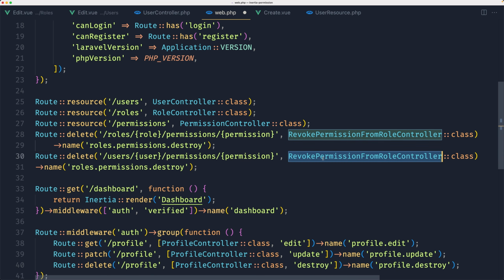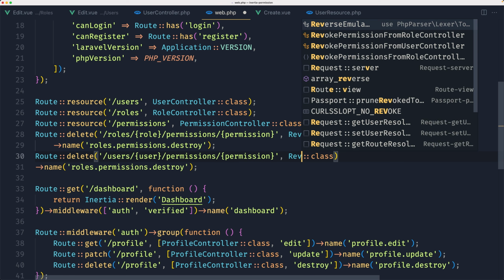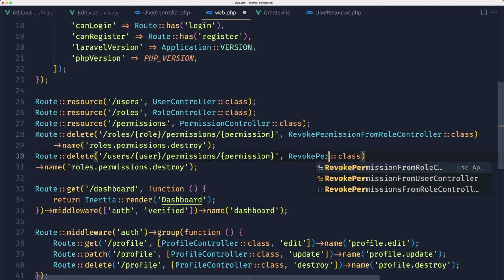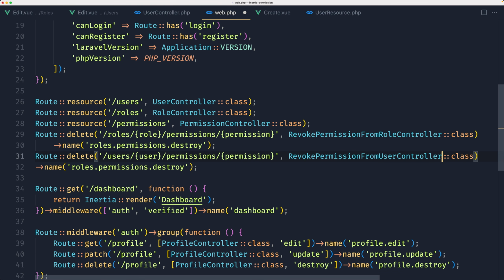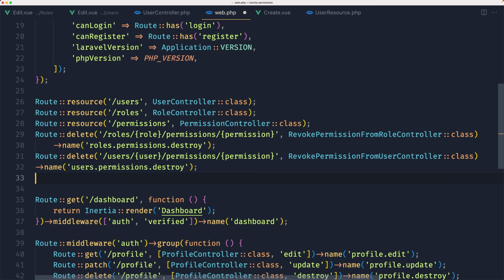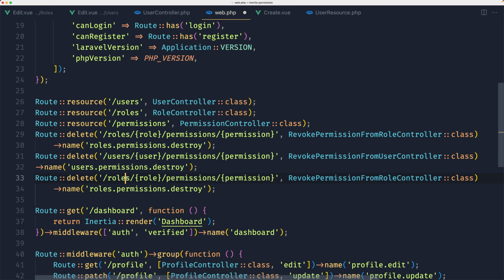Okay, revoke permission from user controller, and let's name it users.permissions.destroy, we need the user and the permission prop here,